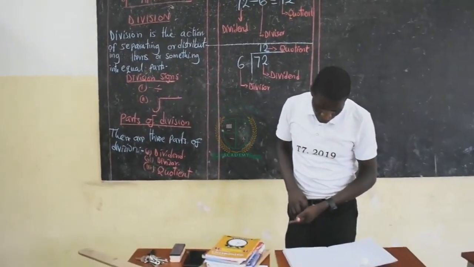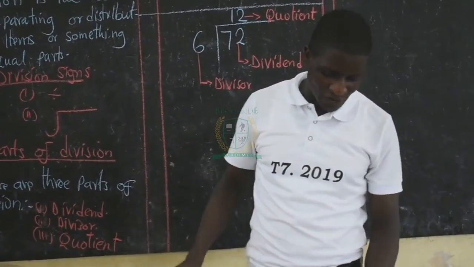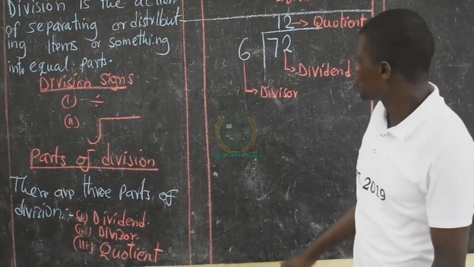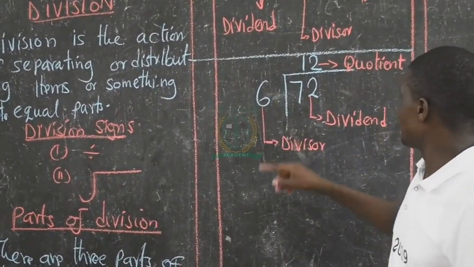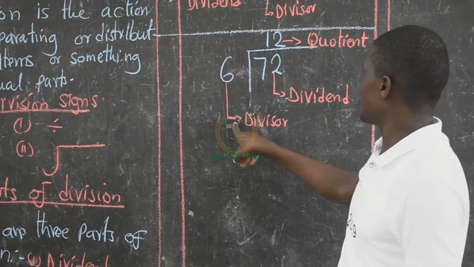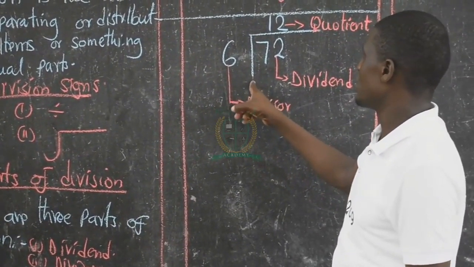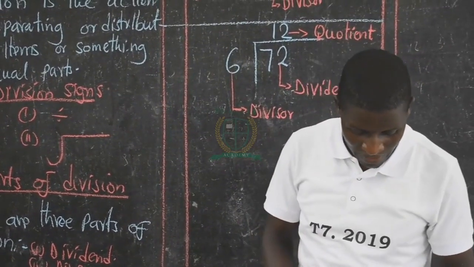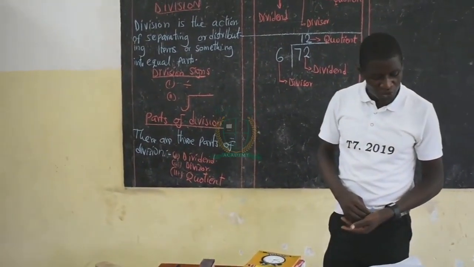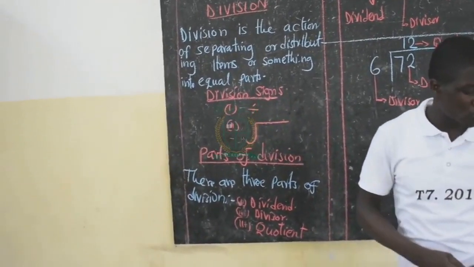Now let's see. This means that the dividend comes in, then the divisor outside on the left of the division sign, whereby the division sign is this one. So we say that the dividend comes inside and the divisor comes on the left side of what? Of the sign of division. Then the quotient on top, as I said before. So let's see some examples that we are going to use to show how to calculate division.